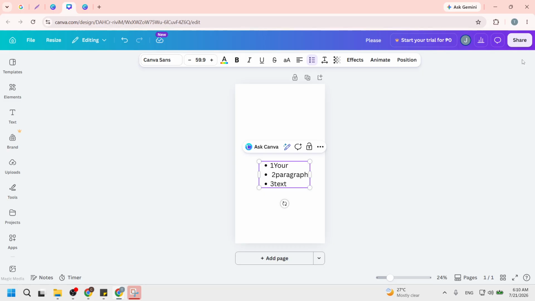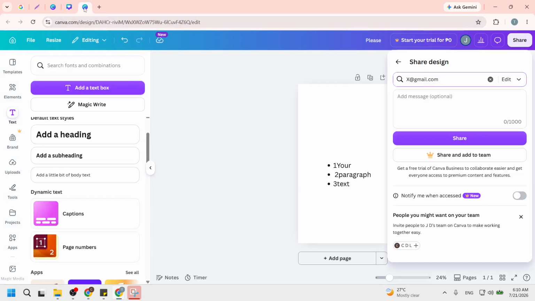Now that your design is open, look to the top right corner of the screen for the Share button. This button is often represented by an icon that resembles a person with a plus sign. Clicking on this button opens up a new window that allows you to invite others to your design. This part is crucial because it initiates the sharing process, allowing you to collaborate with others effectively. You will see various options for sharing, making it easier to manage who can access your design.